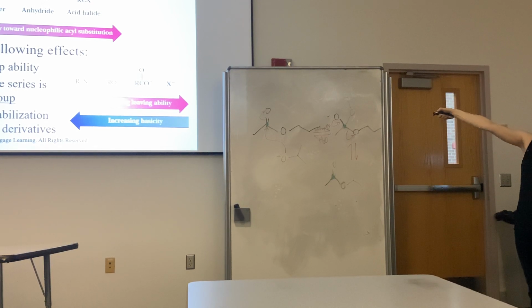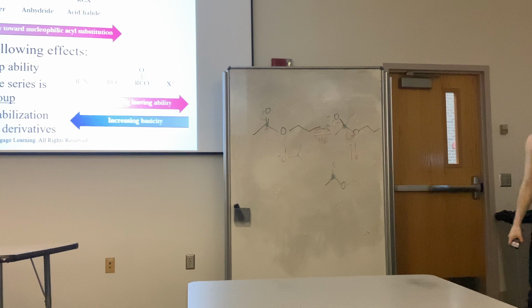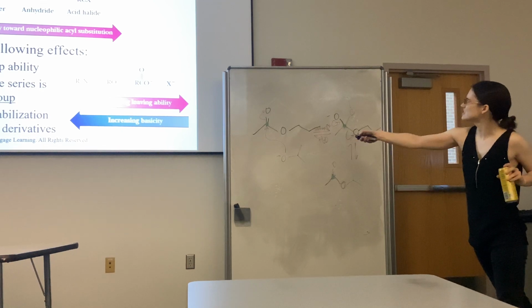These are in order of increasingly good leaving groups. So acid halides, they don't like being around any sort of moisture. Anhydrides, they don't like moisture. Both of those are very easy to react. And then esters, less easy to react. Amides, significantly less easy to react. So that also means, yeah, increasing,